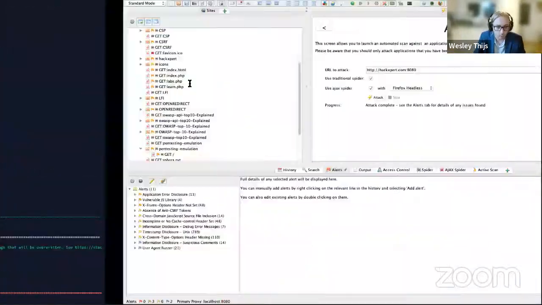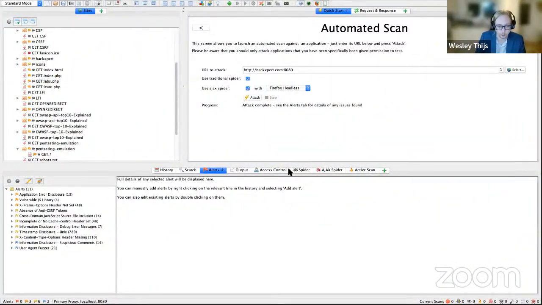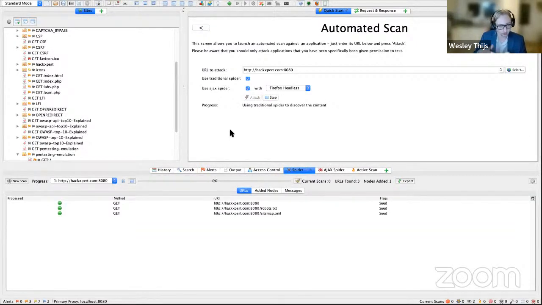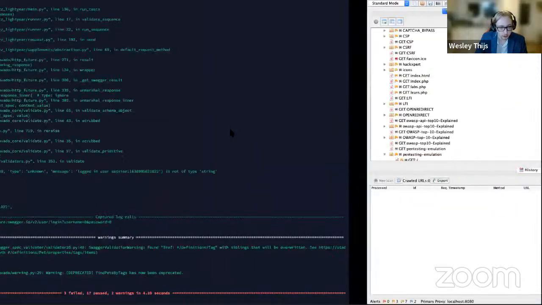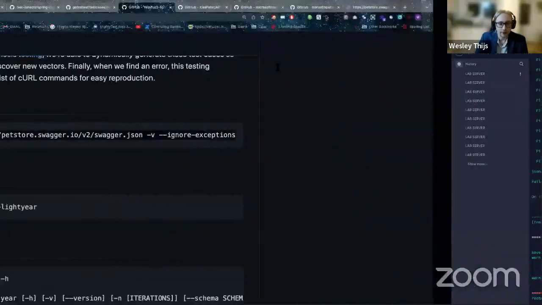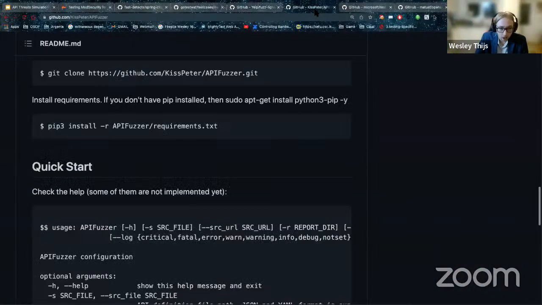Now, these are some tools. I also have OWASP API in front of me. OWASP API, if I pointed it to what I have installed on my ModSecurity, I can also attack it, and that's also dynamically going to try to attack my ModSecurity. And I have a lot of these tools which are available.